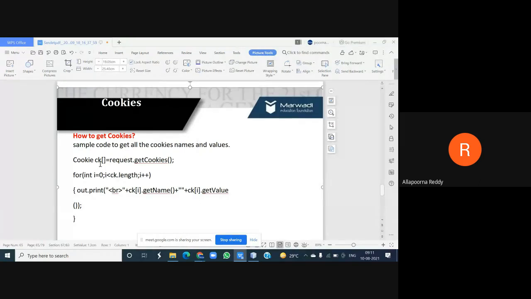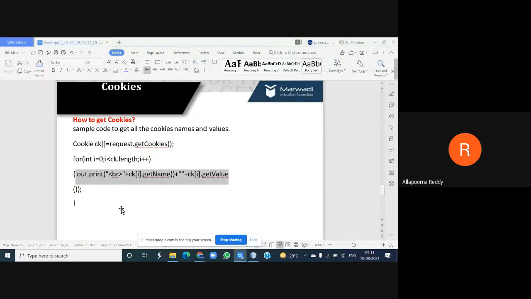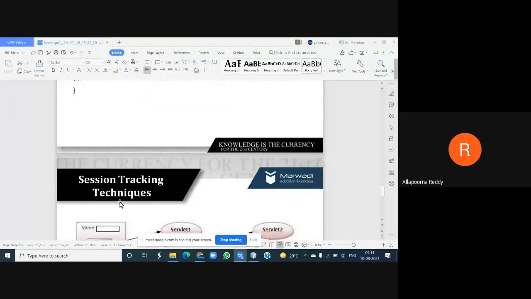Then I don't know the length of the subscript, so I'm using one variable as length. Integer i equals 0, i less than ck dot length, while this condition is true. For all the cookies I have, the cookie name and cookie value can be retrieved and printed using the out.println statement, so that you get all your cookie names and values in your browser.